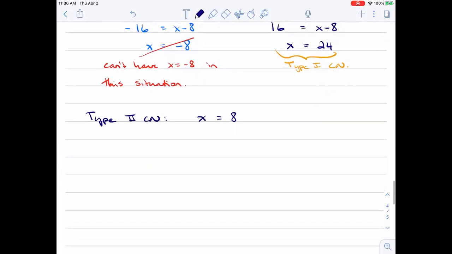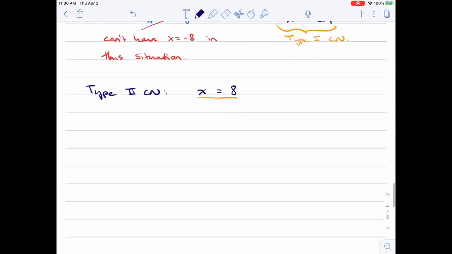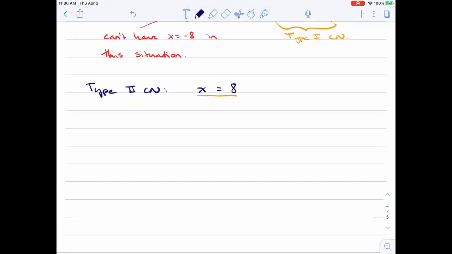If we've got these two critical numbers, we've got our type 1 at x equals 24, our type 2 at x equals 8. It doesn't matter which type it is. They're both critical numbers. I'm just highlighting how we found them, which is two different methods, type 1 and type 2. So if I use the first derivative test,